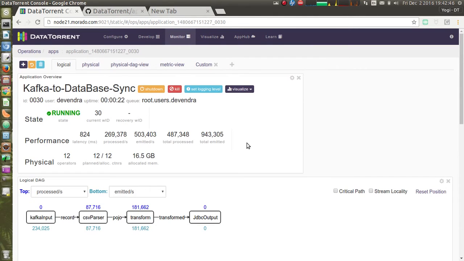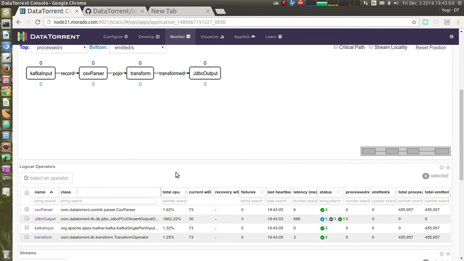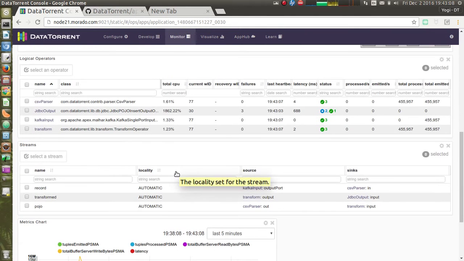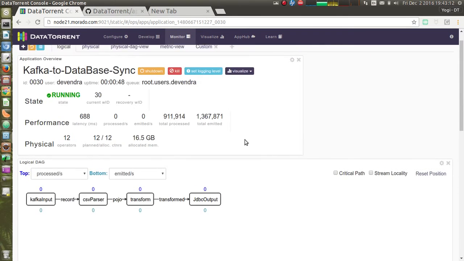And the application is now in running state. We can see the tuples getting processed. If we look at the DAG, the earlier DAG was Kafka input to CSV parser to JDBC output, and now we have this additional transform operator which is added in the pipeline. We can see the total number of emitted records, processed records, and so on.